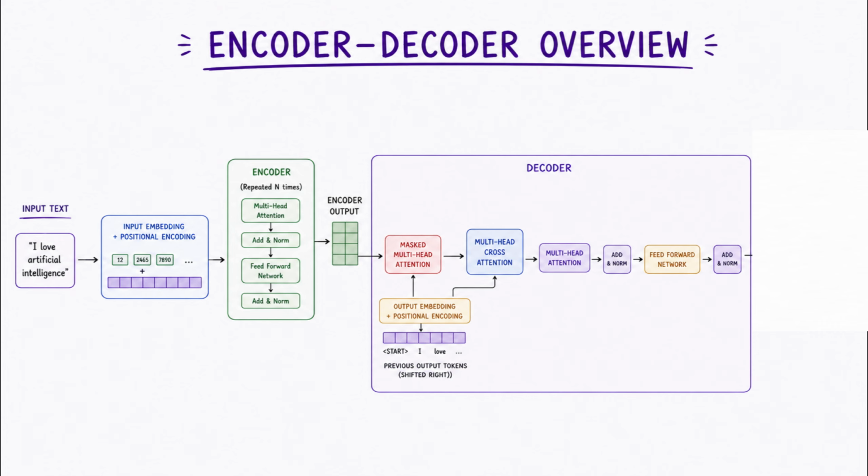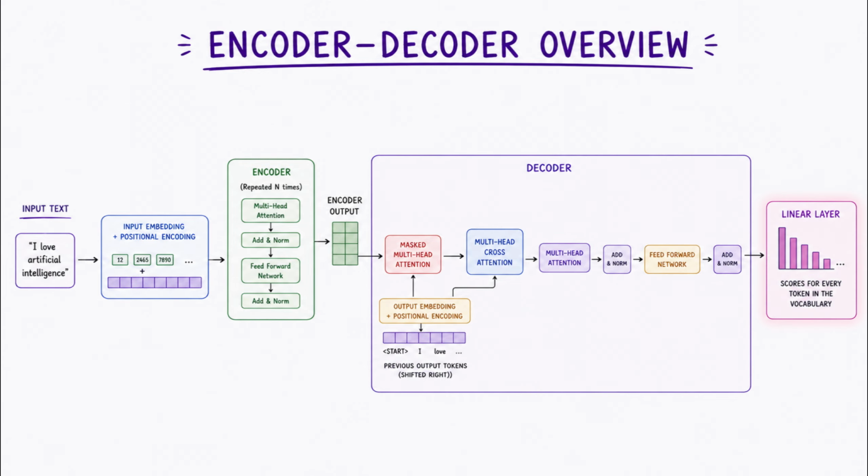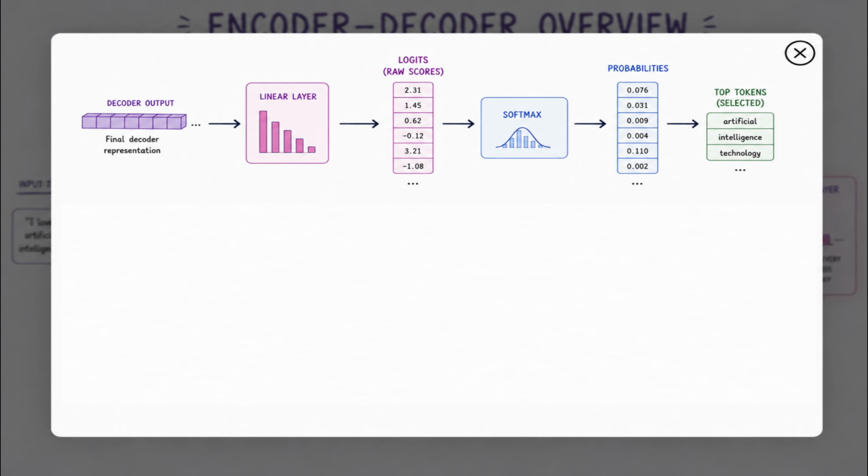After the final decoder layer, we finally have a representation that will tell us, based on everything the model has seen so far, what should be the next token. But this representation is still just a vector. We haven't generated an actual word yet. For that, we need two final components. The first one is the linear layer. The output of the final decoder layer goes into a linear layer and it converts the decoder representation into a score